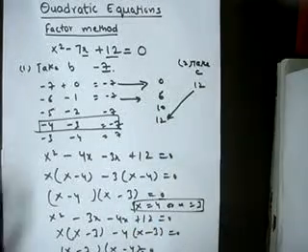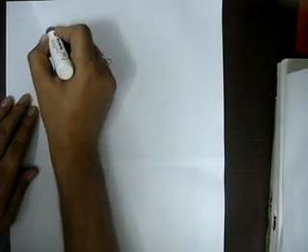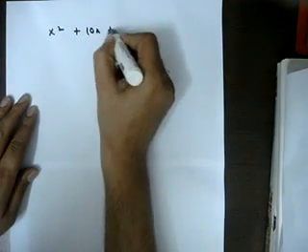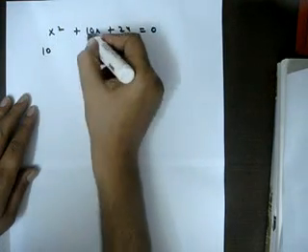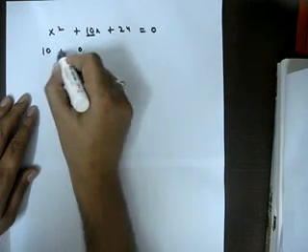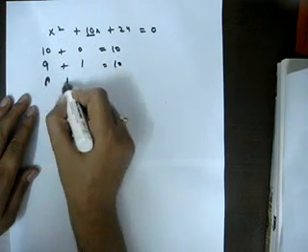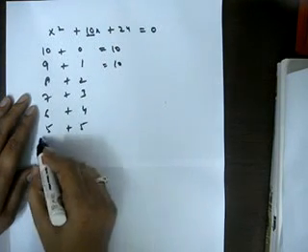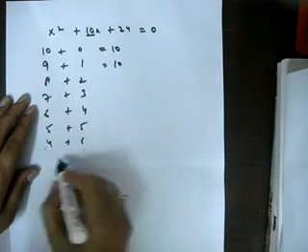So again, taking one more example of this, say x square. In this case I'll take a positive term, so x square plus 10x plus 24 equal to 0. Again, I can break 10x. I'll just take b, which is 10. 10 I can write as 10 plus 0 equal to 10. I can reduce 1, I can increase by 1. Then I can write 8, 2, 7, 3, 6, 4, 5, 5. After that I can stop, because it becomes 4 plus 6, which is nothing but repeating this. So it will become 3, 7, 8, 2. So I can just stop at this point.